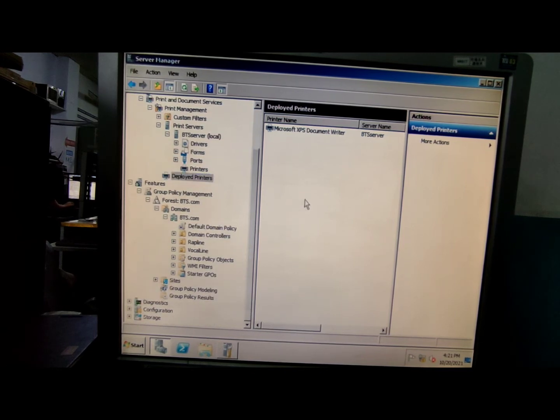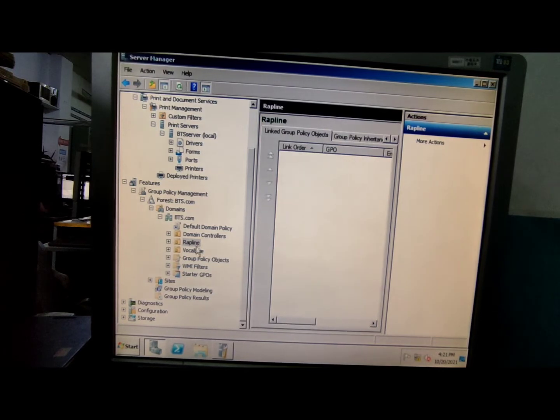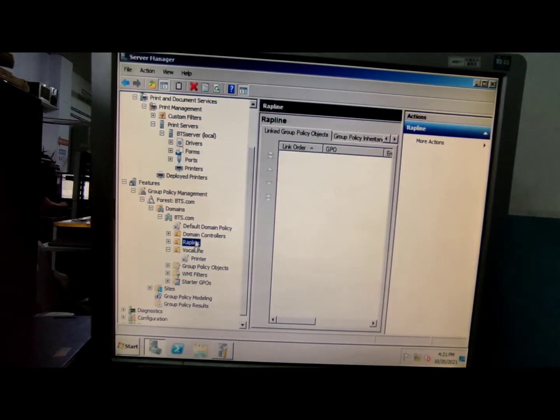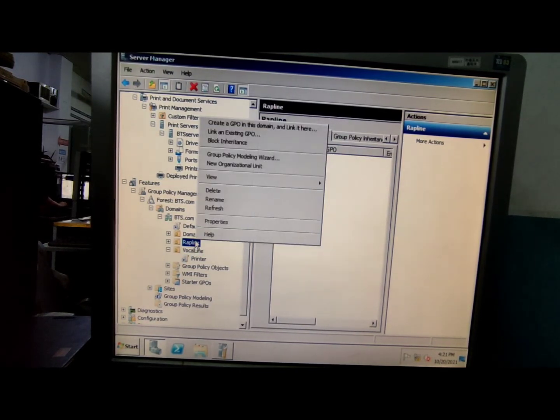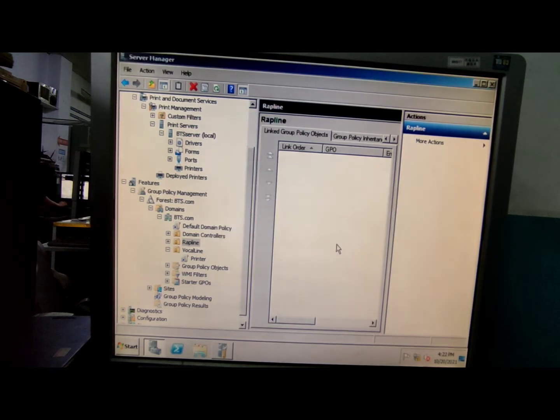And then I will create another GPO. I will click here in the wrap line, create a GPO in this domain and then click here. I will click here, no, sticky notes. Okay. And we will just